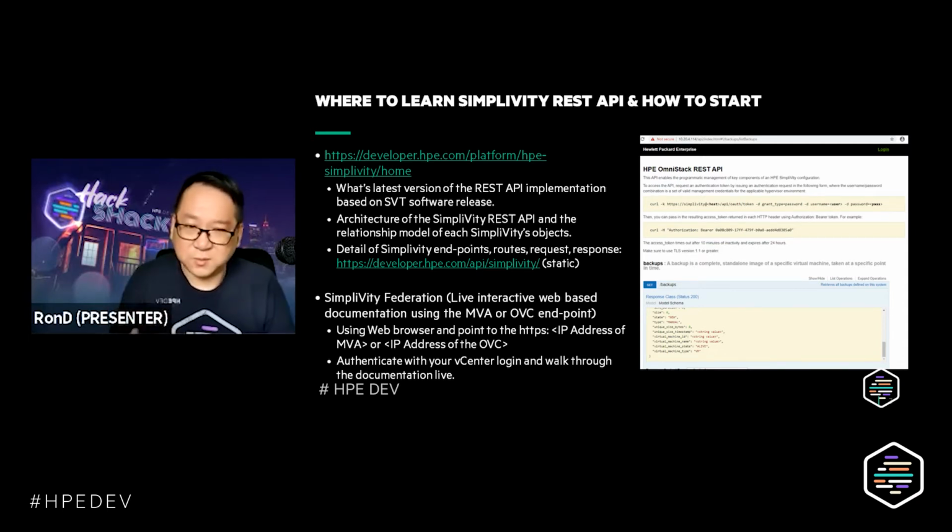Or you can point it to one of the IP addresses of the OVC, the OmniStack Virtual Controllers. Over there, you can see the presentations and walk through each of the resources and actions, and see the type of response and all of the semantics required for creating the parameters, and also figure out what the result is.